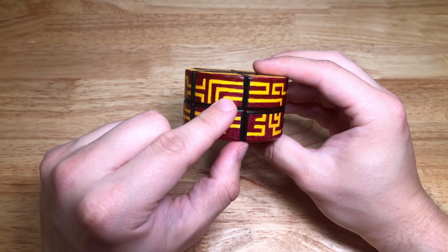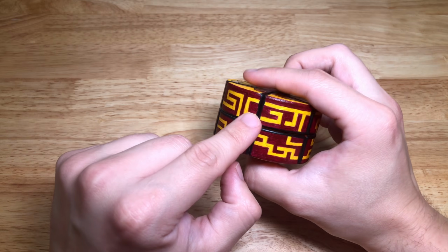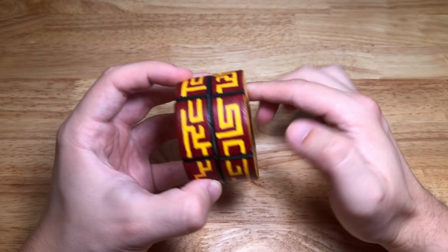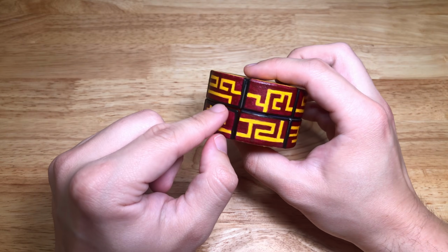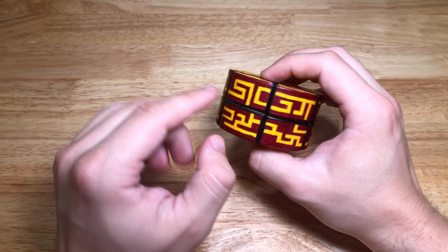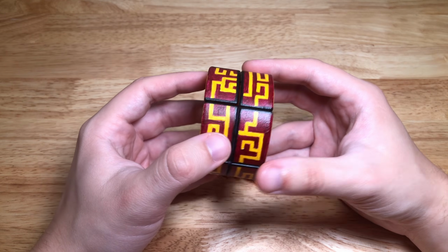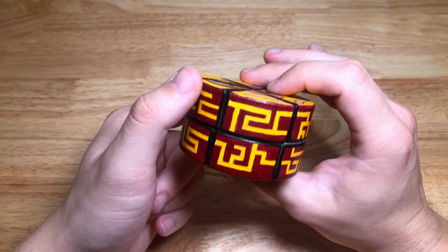If we start from this piece, we have a match, match, match, match, match, match, and that's it. Now, does this guarantee that the first layer is solved? Actually, no, because, like I said, there's a bunch of different pieces that have specifically this pattern, and who am I to say that there's no combination that can be wrong but still look right just for one layer? So we really won't actually find out if the first layer is completely solved until we try and permute these